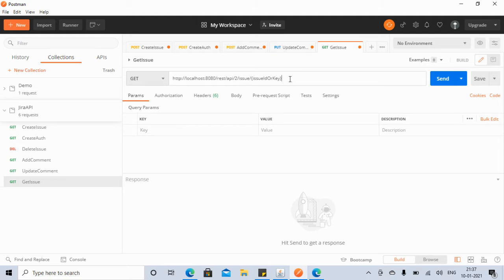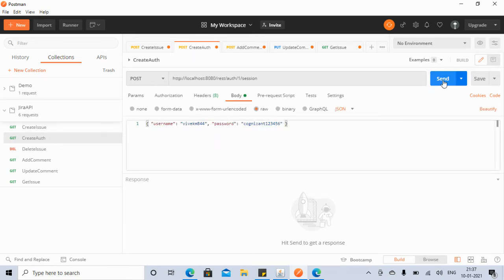And we need the issue key. Here we have to provide the issue in the path parameter. So suppose you want an issue. So we have already created some issue, right? If you see here, the create issue. So if you want to get the ID of a created issue, what we can do is create one new issue now. So first we have to get the authorization key. Okay, so let's get that.